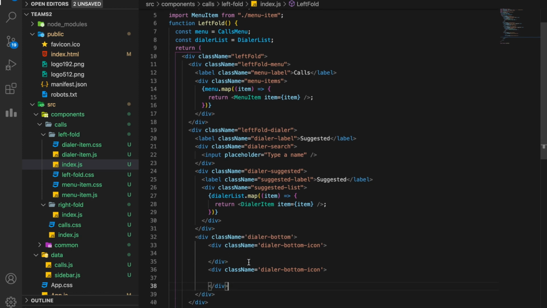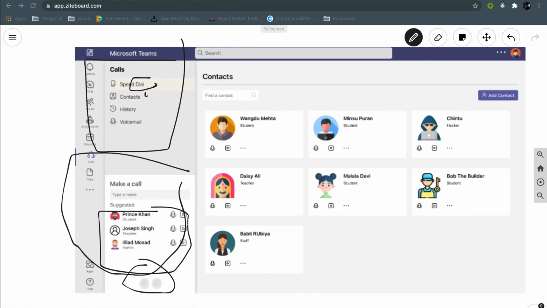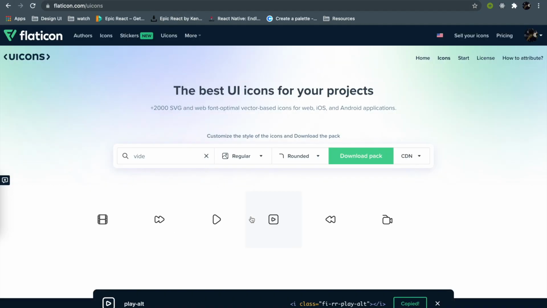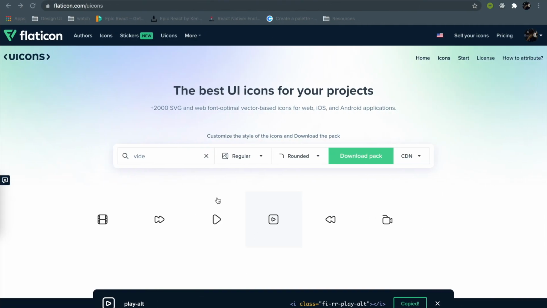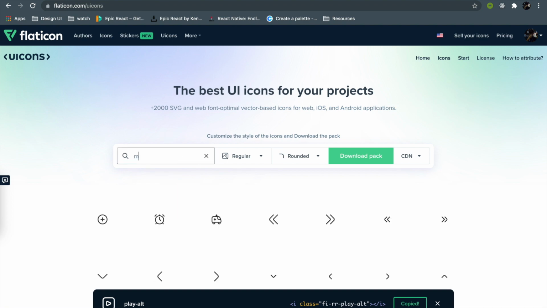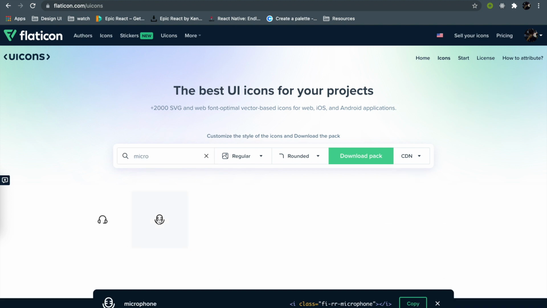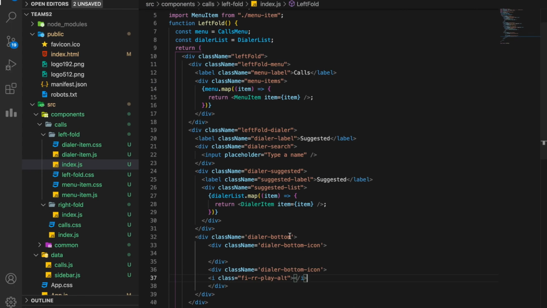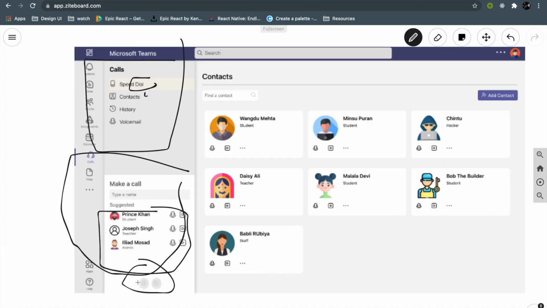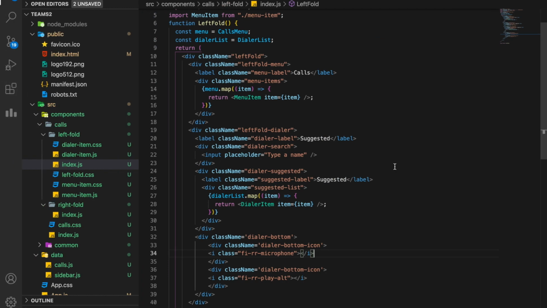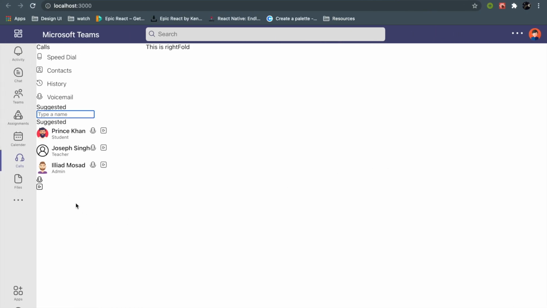One is microphone and one is the alt video icon. So this one I am going to use here and a microphone on top. This microphone here. Because you see we have a microphone and a video button. So if I save it, my component left fold is done.